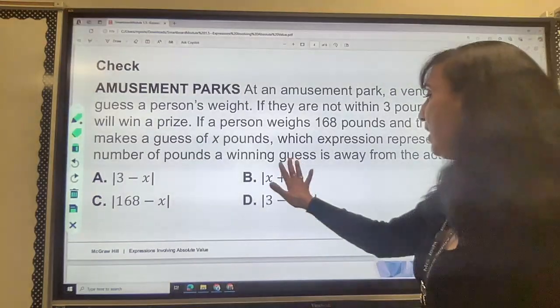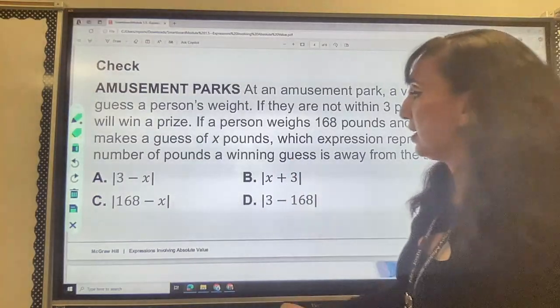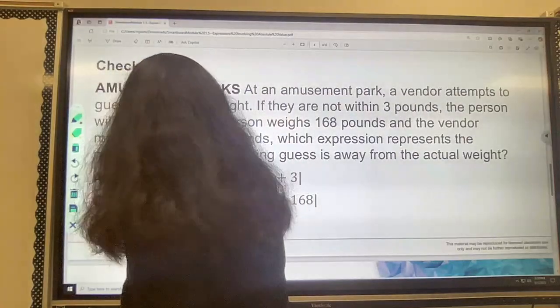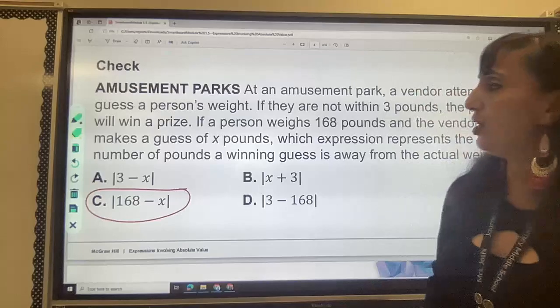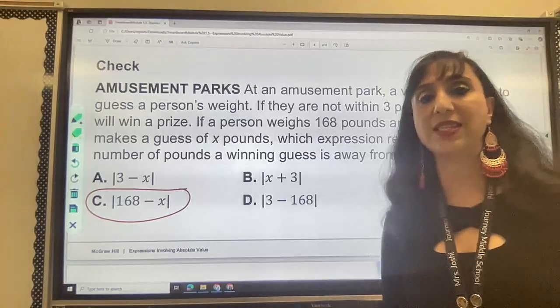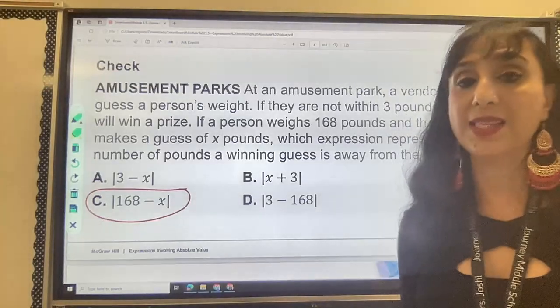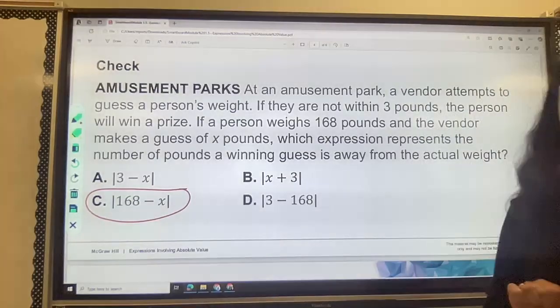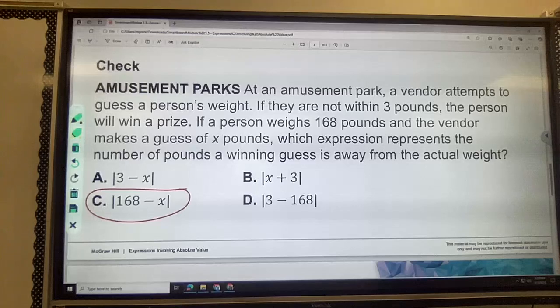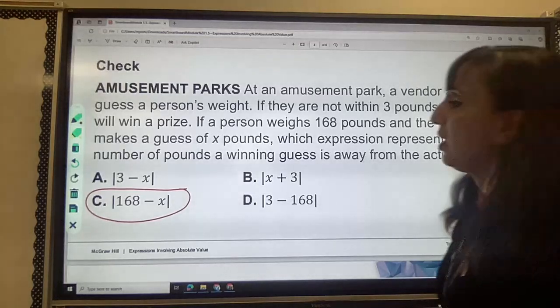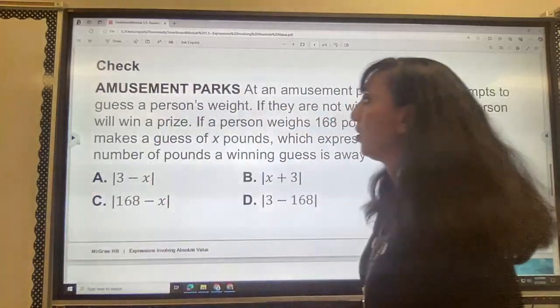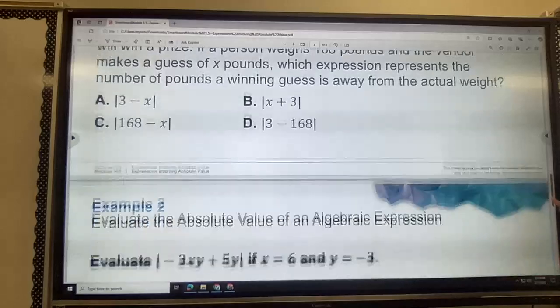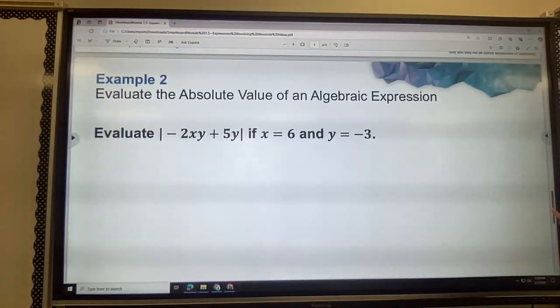Okay, it's not added, it's not 3 minus. So this one is the correct expression. Absolute value of 168 minus X is the correct expression for this sentence which is provided here. Okay, next what we're going to do is evaluate absolute value